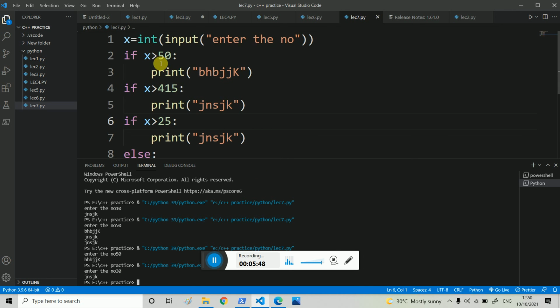So firstly it will check x is greater than 50, no. x is greater than 415, no. x is greater than 25, meaning 30 is greater than 25, so this will work. So this will print and the program will end, because otherwise it is the else statement.